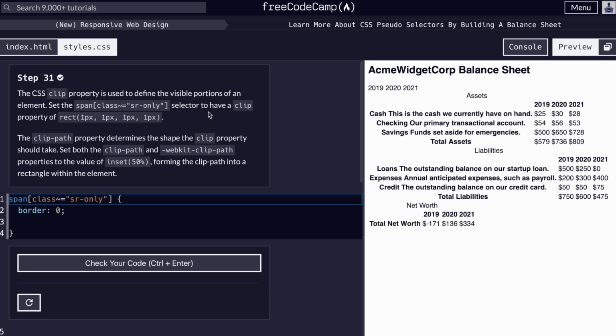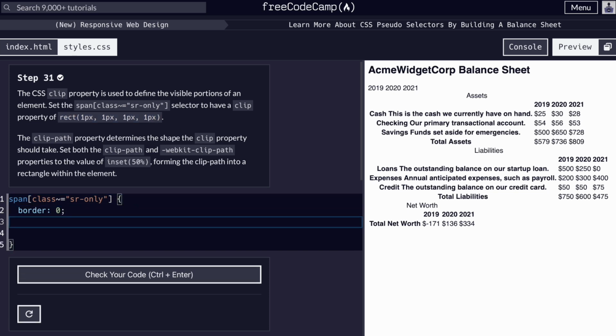Set the class selector to have a clip property of. The clip-path property determines the shape the clip property should take. Set both clip-path and -webkit-clip-path properties to a value of, so